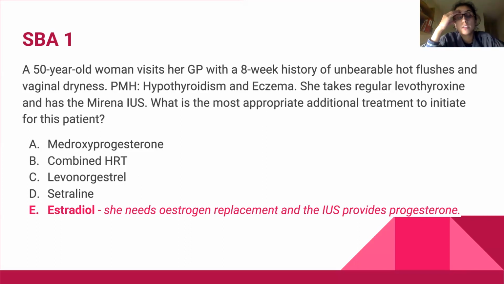So we'll talk about this in more detail later, but for treatments for menopause, you can have combined hormonal replacement therapy, which is estrogen and progesterone, or non-combined if a patient already has something like a Mirena in place or is already, for example, on a progesterone-only pill for contraception or for any other reason. So in this particular patient, she's already got the Mirena, so she's got the progesterone component, so she only needs estrogen replacement.